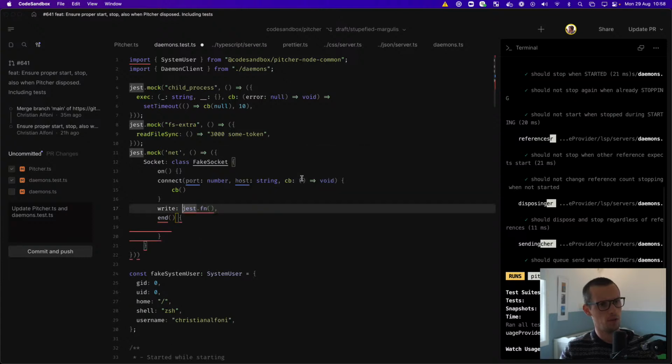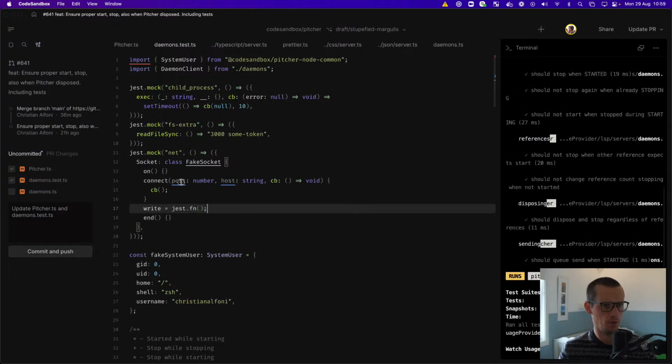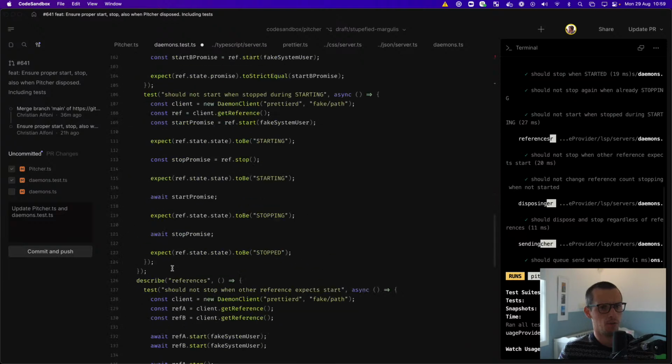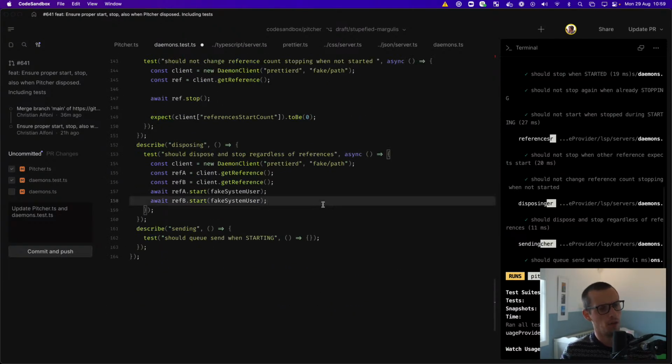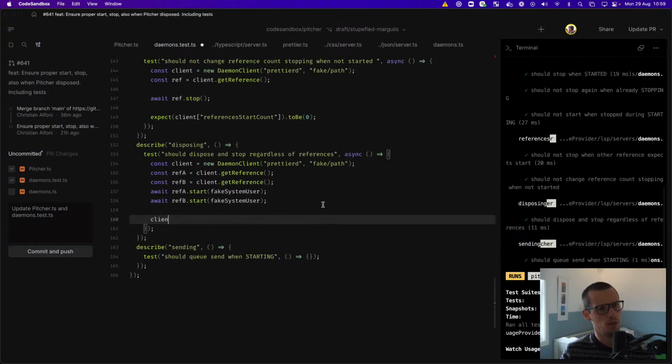Is that how I do this? No, how do I do this? Oh, I guess equals. Yeah, I think this is how we have to do it. So this is nothing, this is nothing. So this should allow us to check that when we are disposing,